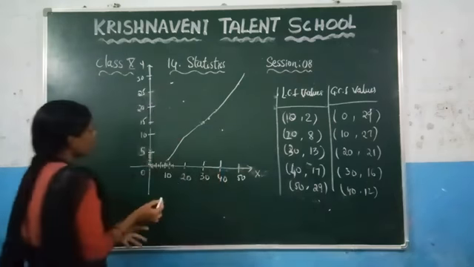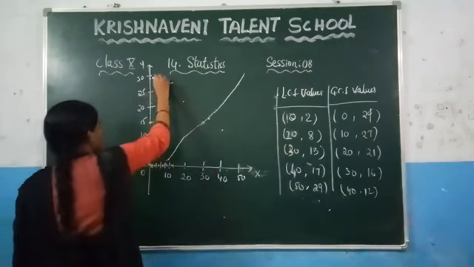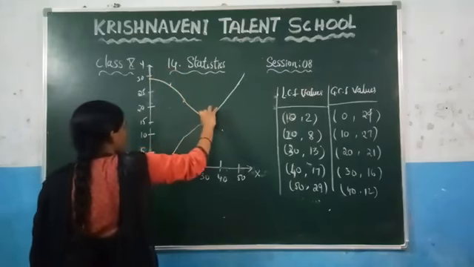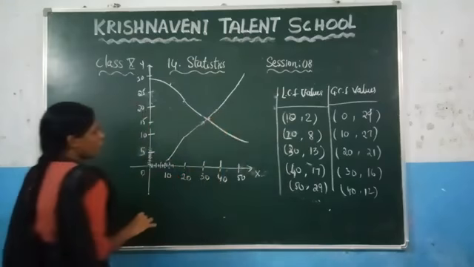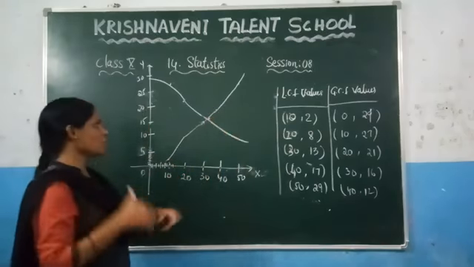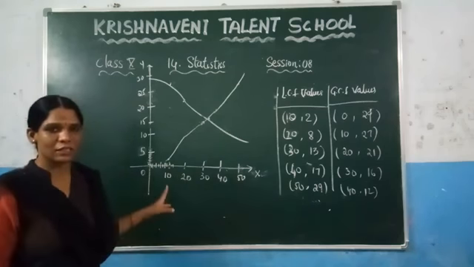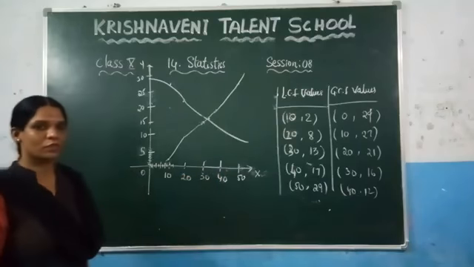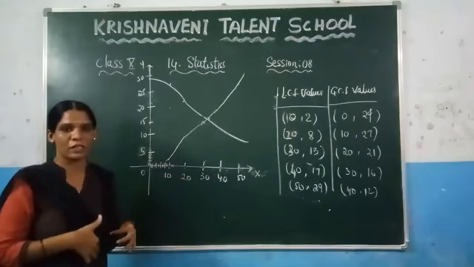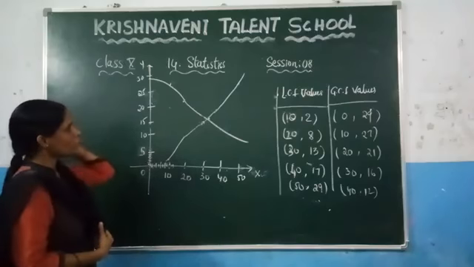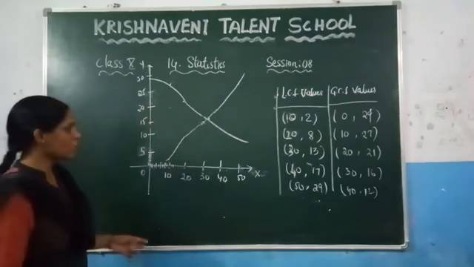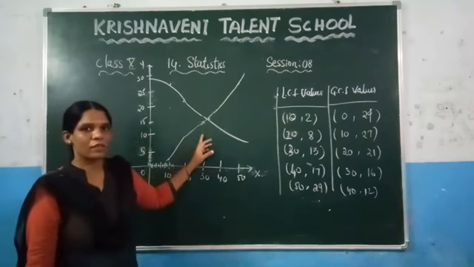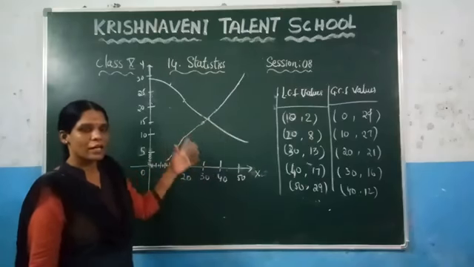So here, if you want to represent the greater cumulative frequencies, you need to join these values. After joining these values, you will get a graph like this. Again, if you want to find the median from this graph, the same process, you need to calculate the value of n by 2 and draw the line, and where it touches, it will be the value of the median. The same procedure we followed for the less cumulative frequency you need to follow here. But in the exams, suppose they ask you to draw the less Ogive curve and the greater Ogive curve in the same graph and find the median.